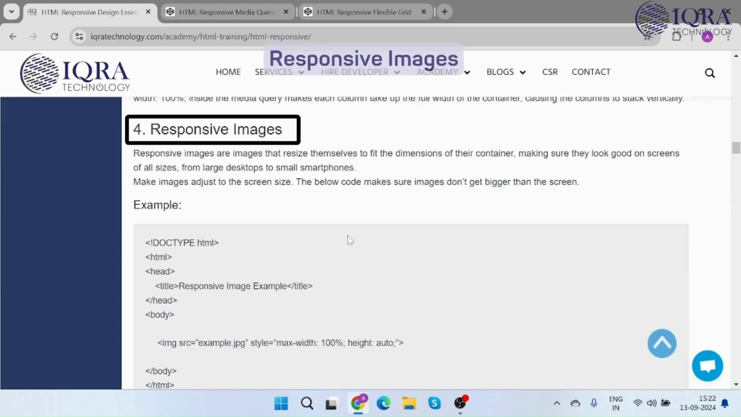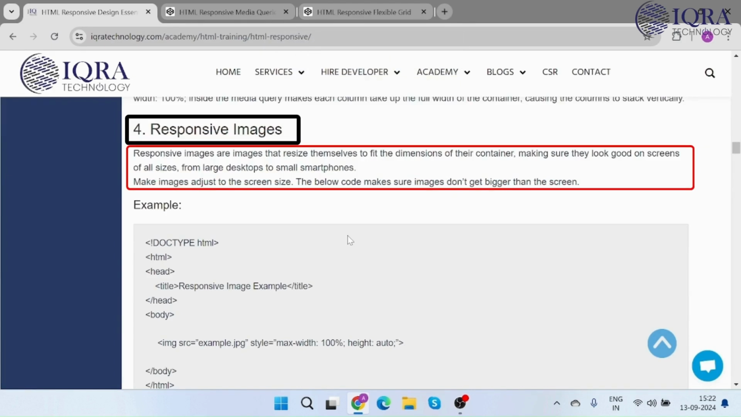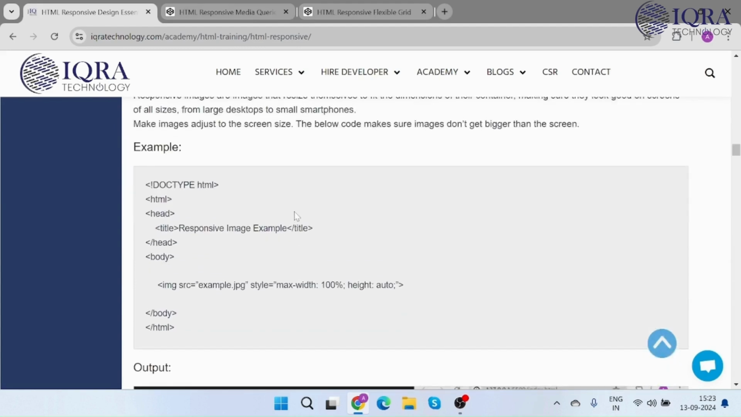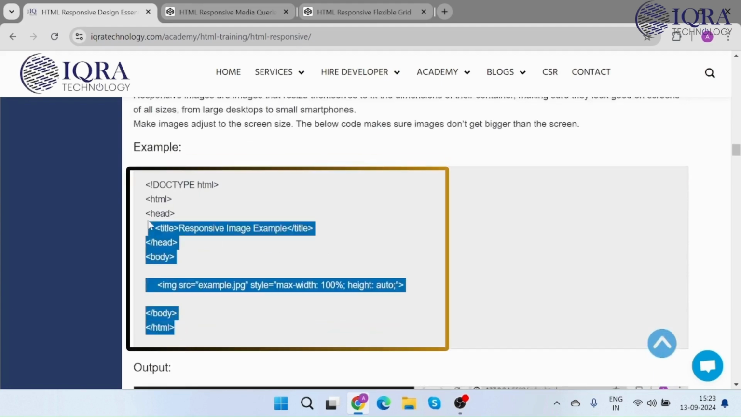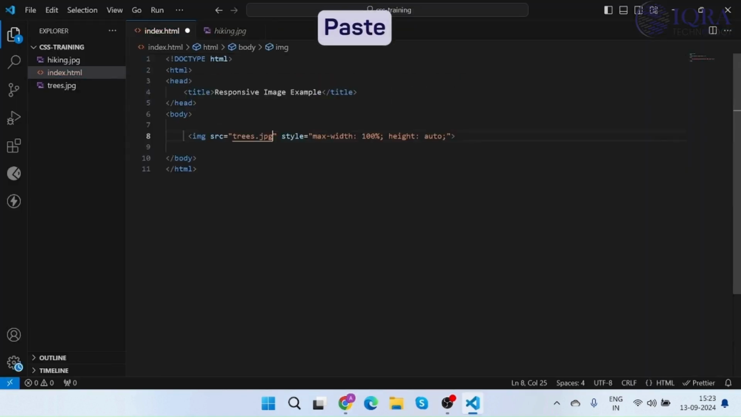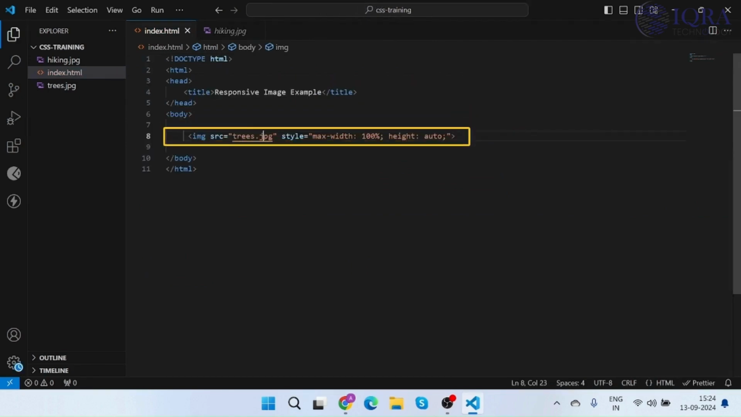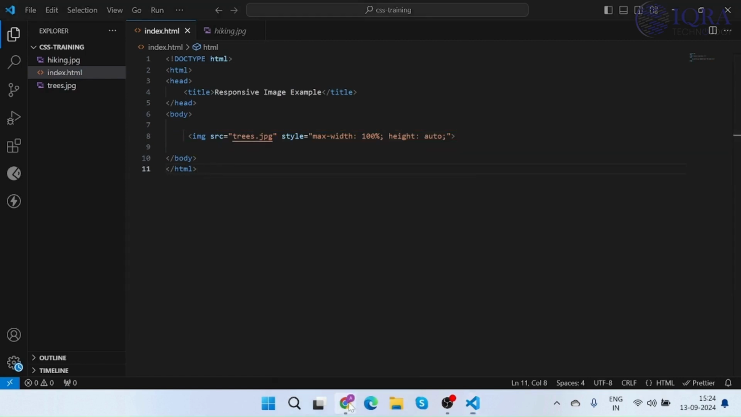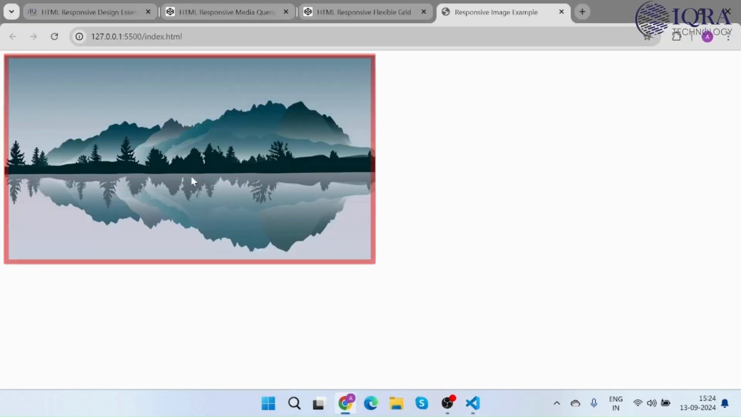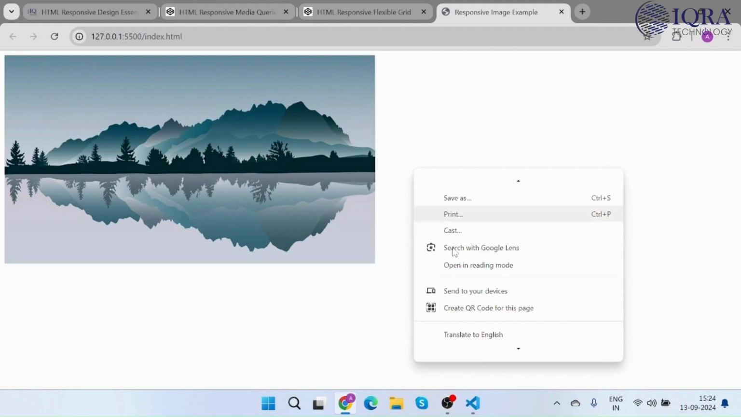Responsive image. Responsive images are images that adjust themselves according to the dimensions of their containers. This ensures they look good on all screen sizes. For example, when we use an image with a maximum width of 100% and width set to auto, it ensures the image scales properly without distortion. When we open this in the browser and inspect it,